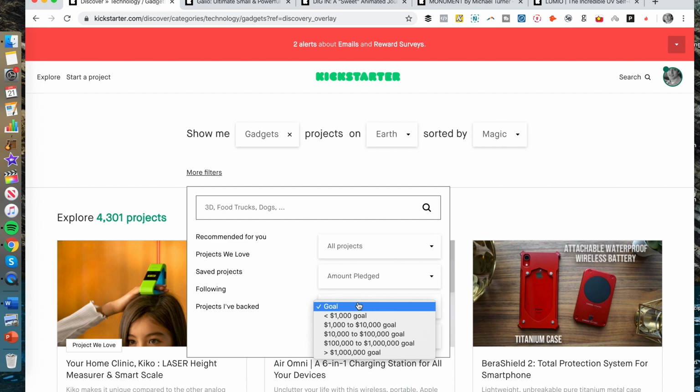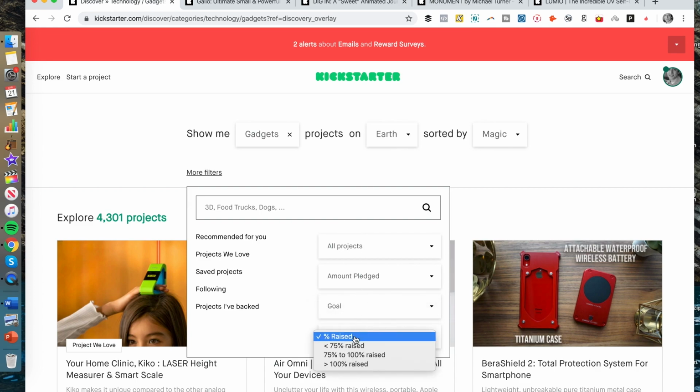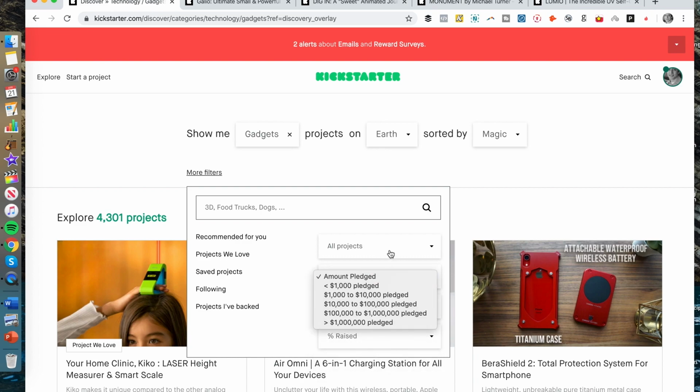We want to do the ones maybe that are over $1 million. We want to go into the ones that already have raised 75%. So they're pretty good likelihood to happen, and we want to make an impact on that, right? So there's a lot of ways we can sort this in order to find really neat products and projects that